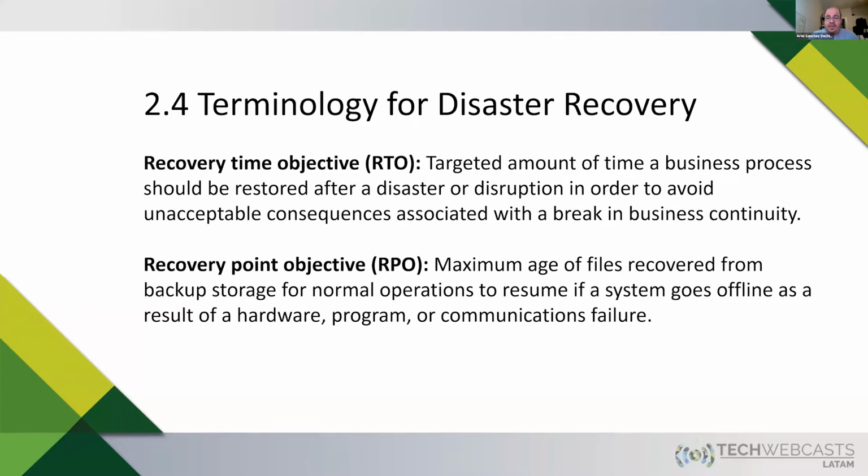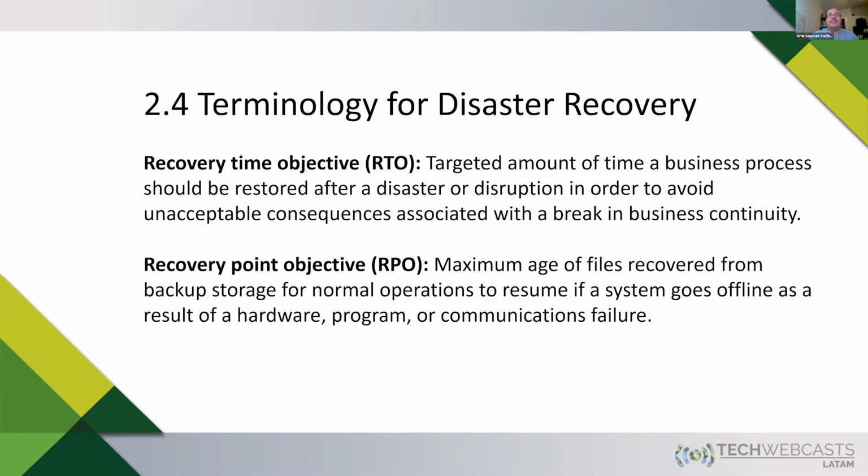And then recovery point objective: what we're talking about there is the maximum age of the files, meaning how much data was actually lost because of this disaster. For example, let's say that you have a web server that takes orders. A recovery point objective would be that if you have a disaster, you can only lose 5 minutes of that data. Those are orders that you can lose, and the business is okay with that. Obviously, most businesses will say, well, we want nothing to be lost, 0, but that's sometimes not possible because of